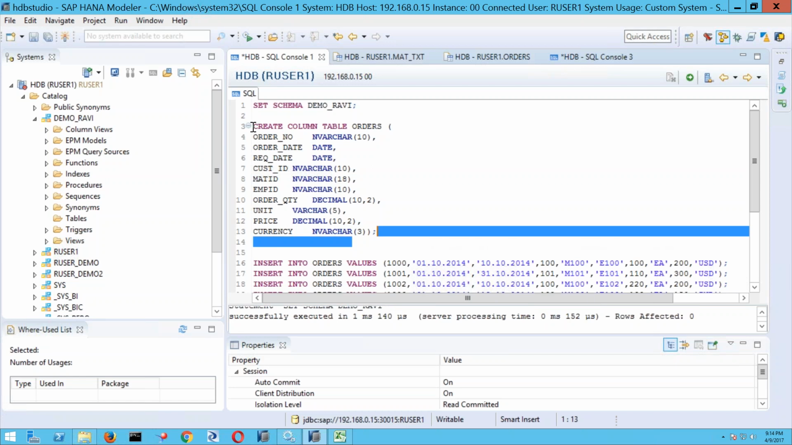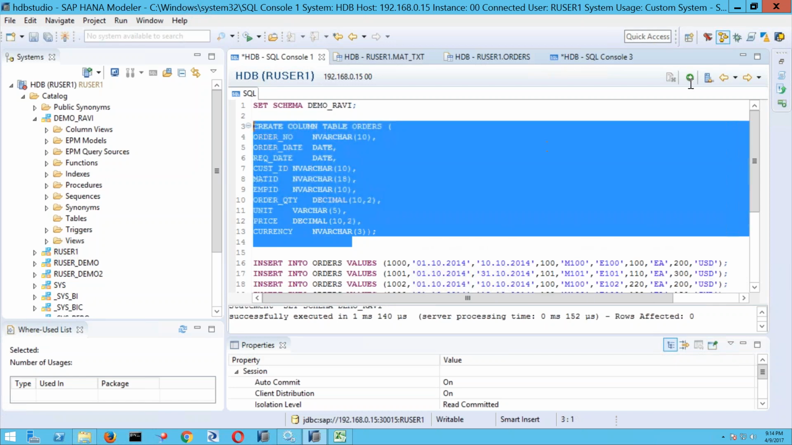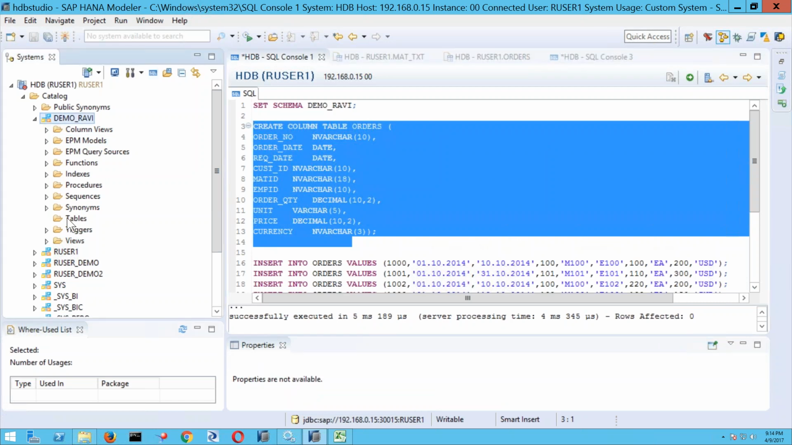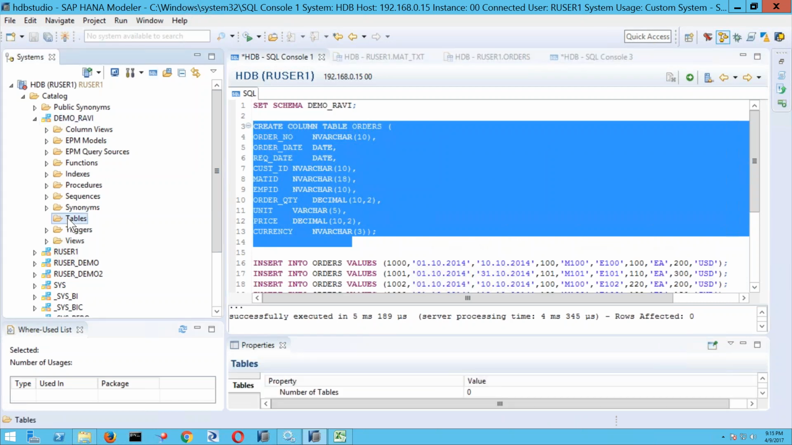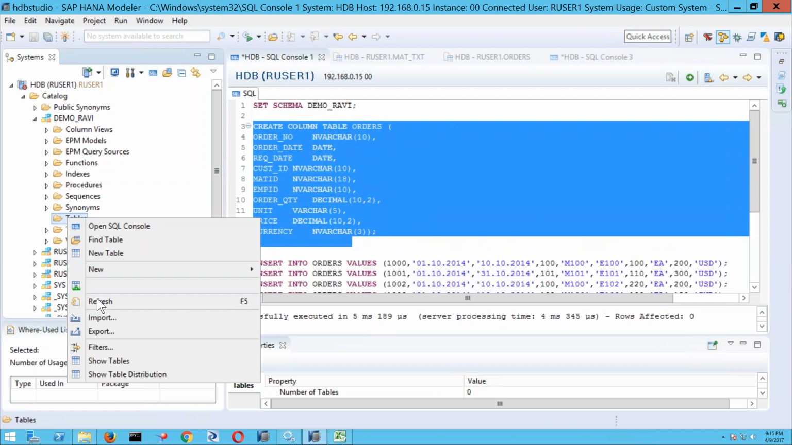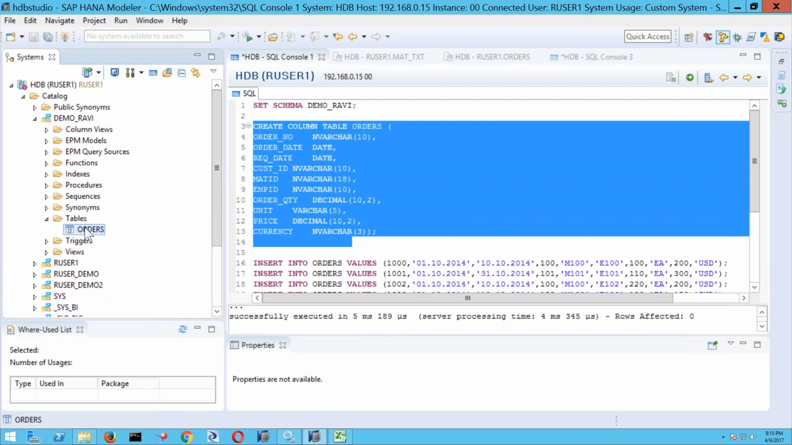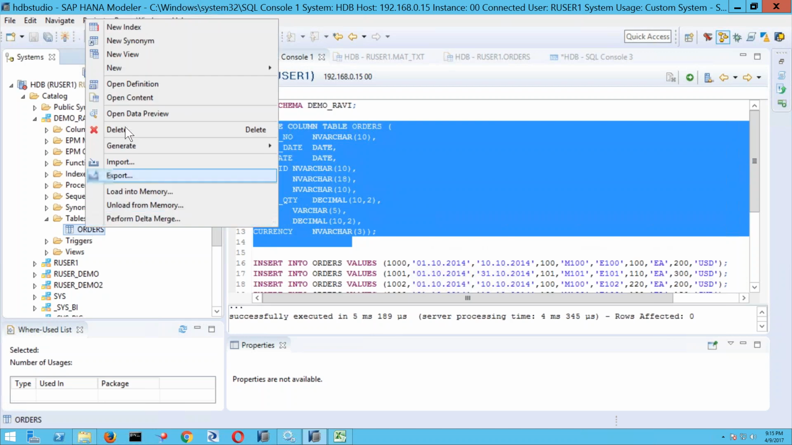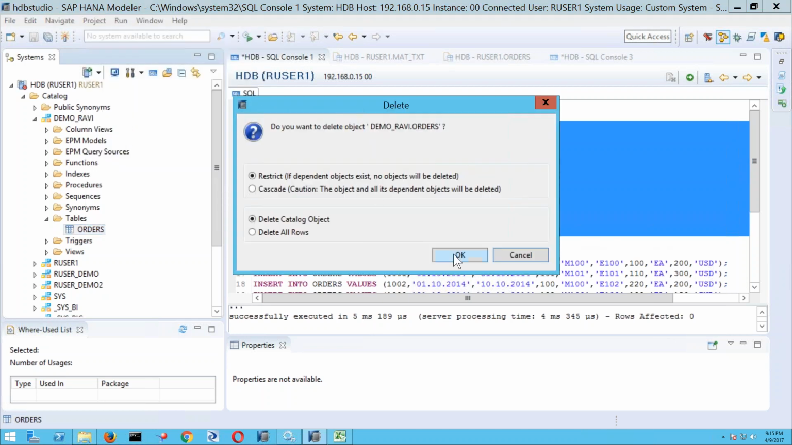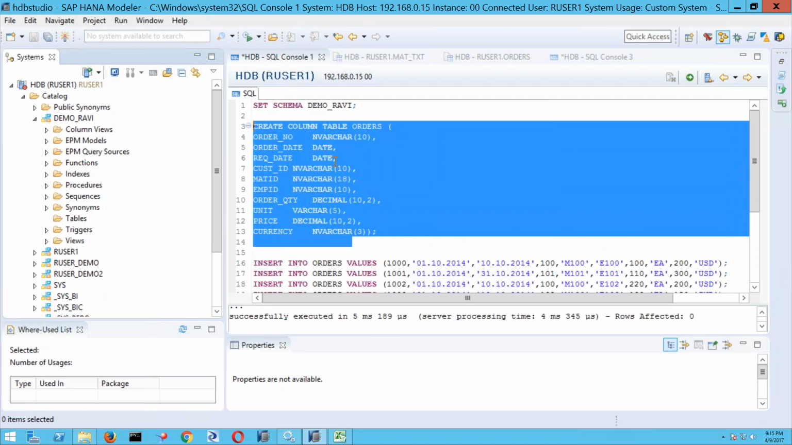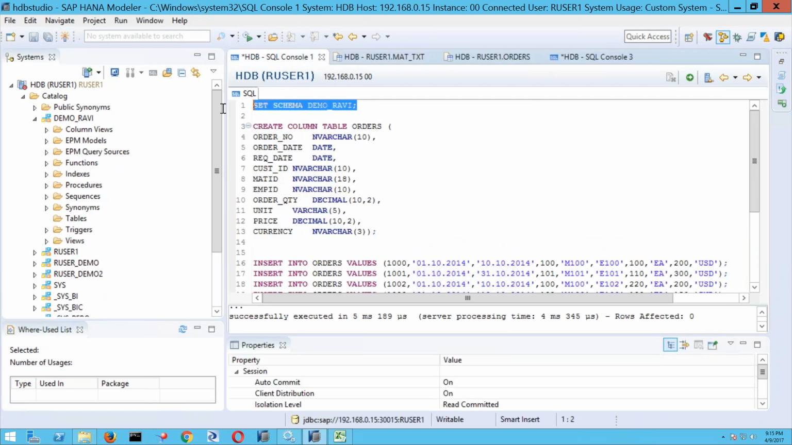And if I execute this, it goes to the same user here. Now if you refresh, I can see that the table is created here. Now again I'll delete this. Another method of doing it, if I don't want to use the set schema method, is to give the schema name here as demo underscore Ravi dot